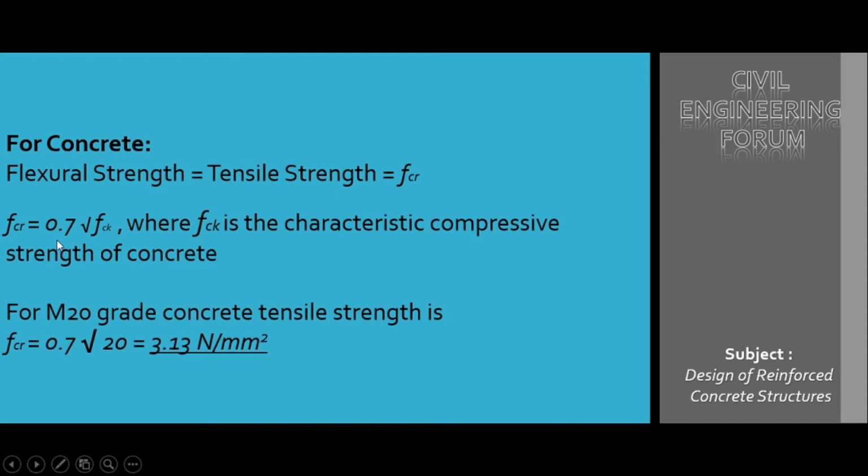So by applying the formula 0.7 × √fck, we get the tensile strength of the particular designed concrete. For example, for M20 grade concrete, tensile strength fcr = 0.7 √20, that is 3.13 Newton per mm². Thus we can say that this M20 grade concrete has about 3.13 Newton per mm² of tensile strength, for which the compressive strength is 20 Newton per mm². And so technically here we can say that the tensile strength is about 12% of the compressive strength of the designed concrete. So this was the first reason why we are using steel reinforcement with the fresh concrete.